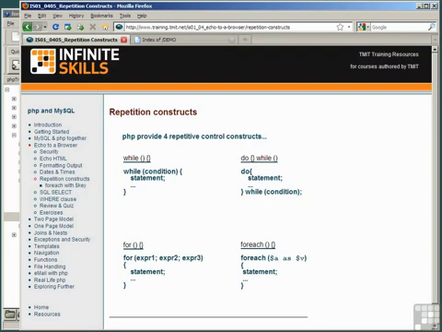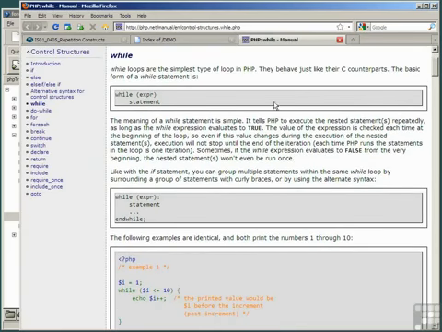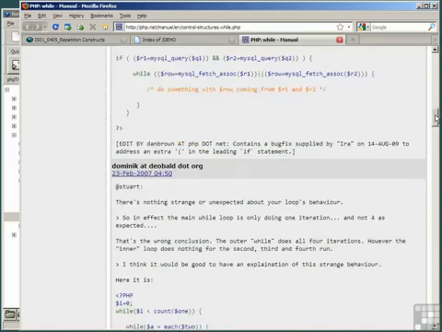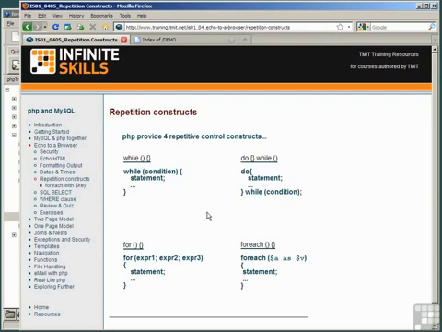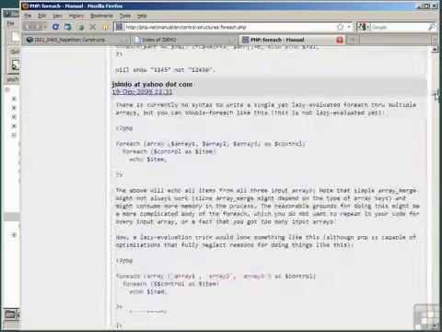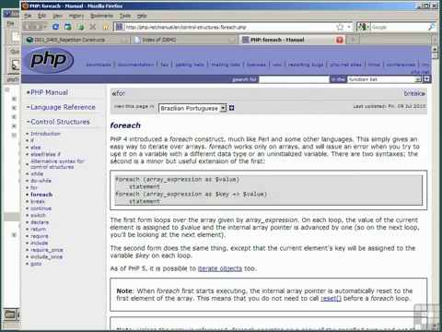So I would recommend that you go to the training site, this training site, and click on the links to the PHP manual for each one of the repetition constructs, and pay particular attention to not only the formal definition of the construct, but the many examples that follow the definition on each of the pages. And there's a specific page for each one. Go to these sites and reread the formal definition